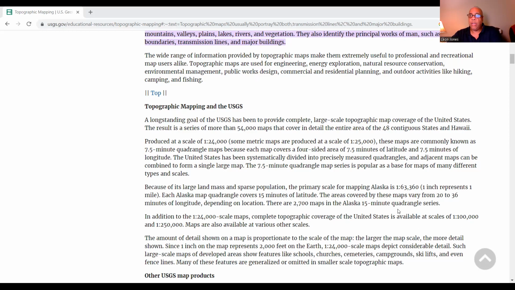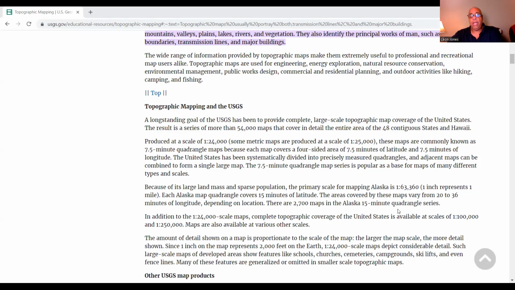These maps are commonly known as 7.5-minute quadrangle maps because each map covers a four-sided area of 7.5 minutes of latitude and 7.5 minutes of longitude. The United States has been systematically divided into precisely measured quadrangles, and adjacent maps can be combined to form a single large map. The 7.5-minute quadrangle map series is popular as a base for maps of many different